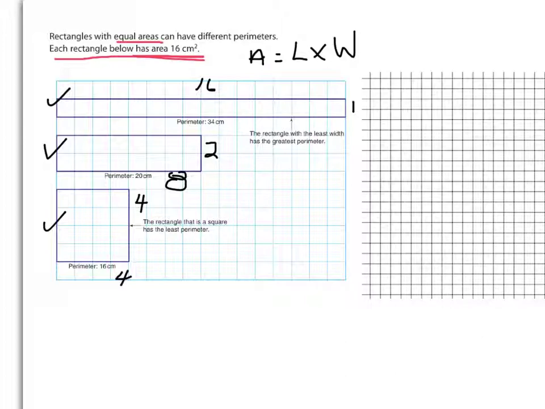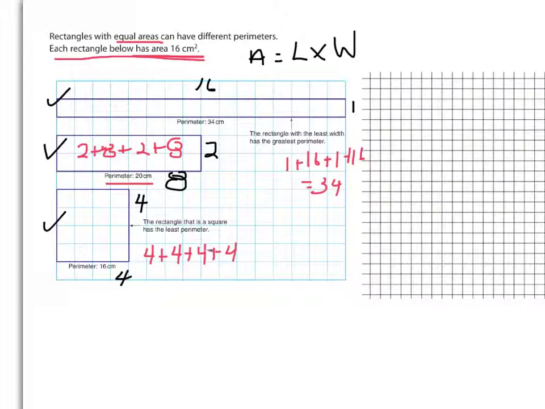So, if we know this is 1 by 16, it's going to have to be 1 plus 16 plus 1 plus 16. Well, that's 17 plus 17. That equals 34. Has a large perimeter. Let's take a look at this one. 2 plus 8 plus 2 plus 8. Well, 2 and 8 is 10. 10 plus 10 is 20 centimeters. So 20 centimeters is our perimeter. Let's take a look at this one. 4 plus 4 plus 4 plus 4, or we could even go 4 times 4, equals a perimeter of 16